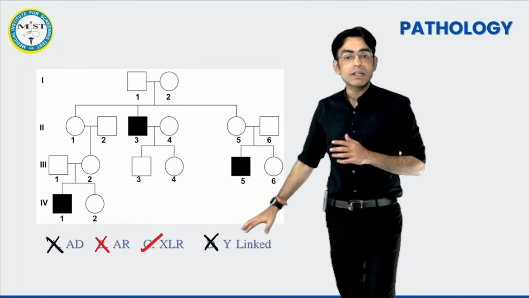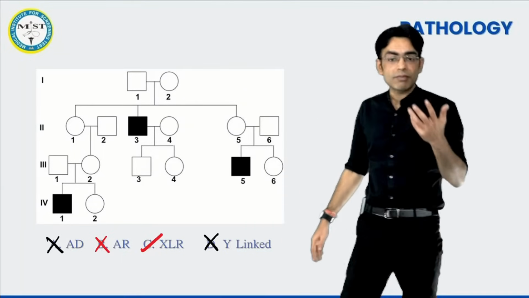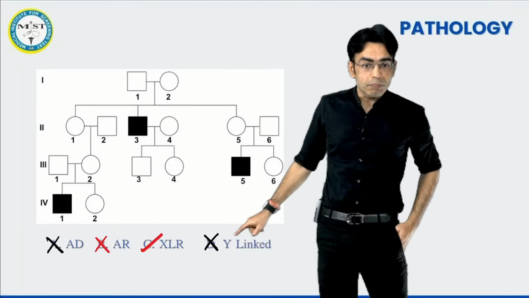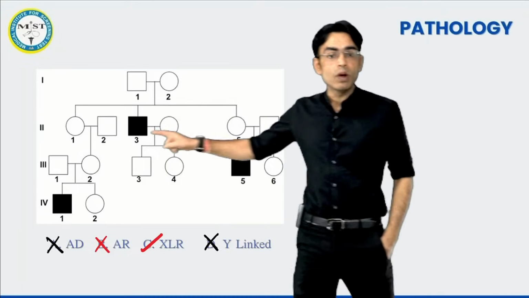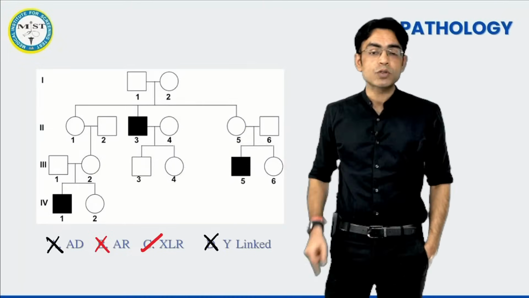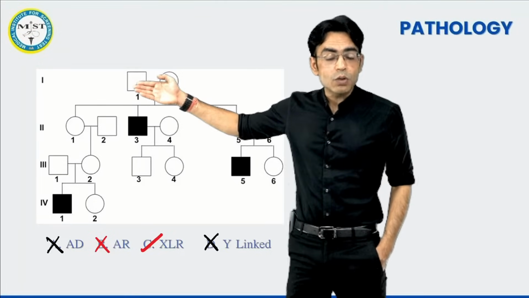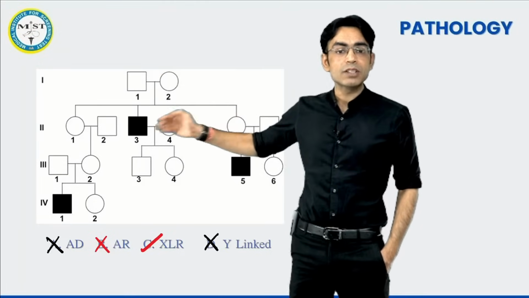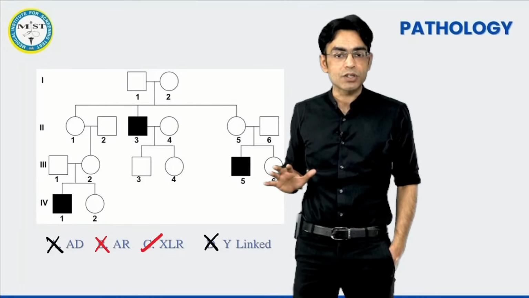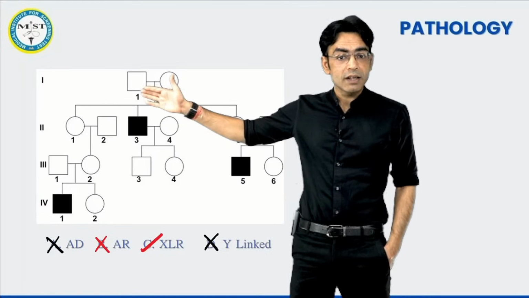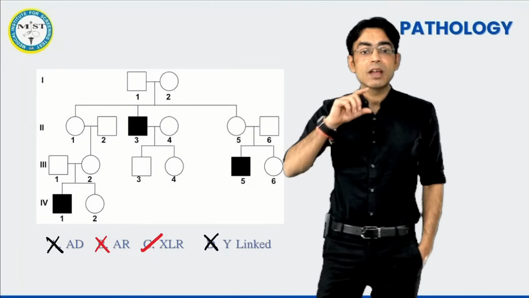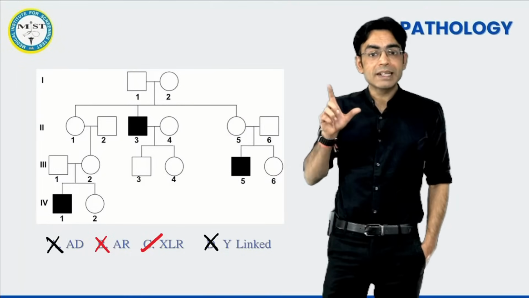If I would not have given Y-linked as an answer, your answer might have been different. But I have placed Y-linked here because once you see only males getting affected, the first thing that comes to your mind is that it is Y-linked. But in Y-linked, the son would at least have the father having the disease. Then the father is only giving to the son, then it would have been understood. But here the father does not have the disease, but still the male got affected. That means it's not a Y-linked disease.